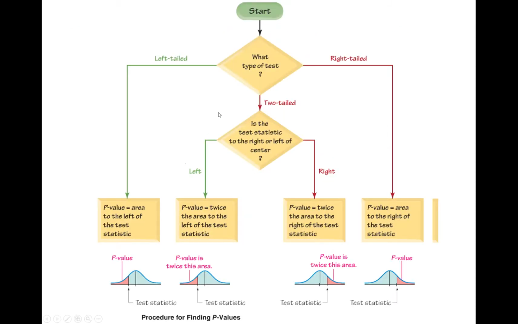This is how you should find the p-value. First of all, identify the type of test. If it's a left tail test, the p-value should be the area to the left of the test statistic. So you first find the test statistic and the p-value is to the left. If you have a right tail test, identify the test statistic, once you find that, plot that into the graph, and the right tail area is